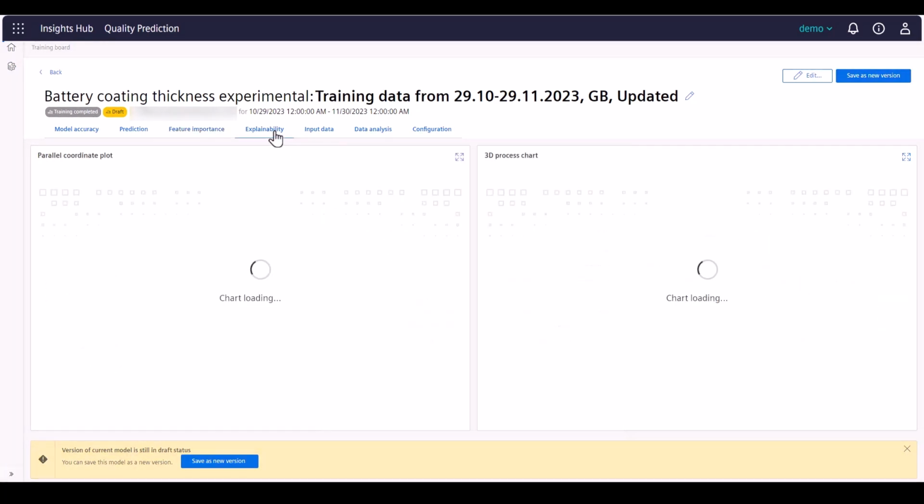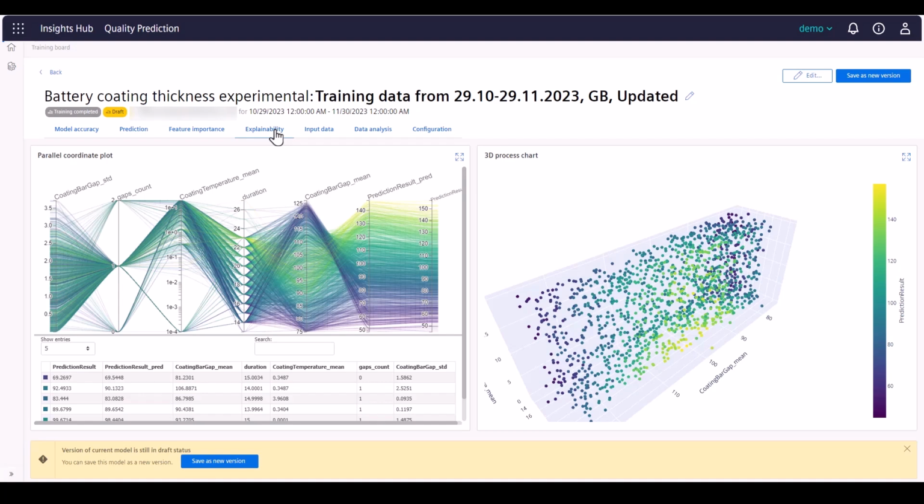On this next view, it is possible to start the detailed analysis of the prediction results, true results, and the influence factors in particular. On the last two axes of this chart, you can see the true result, prediction result, and the next axis on the left side, showing the input parameters with the highest importance. In this chart, the lines connected to the prediction and true result must be as horizontal as possible, ensuring that the prediction and the true result are close to each other. And if you follow the line, you can see what process parameters were used to get this quality result.